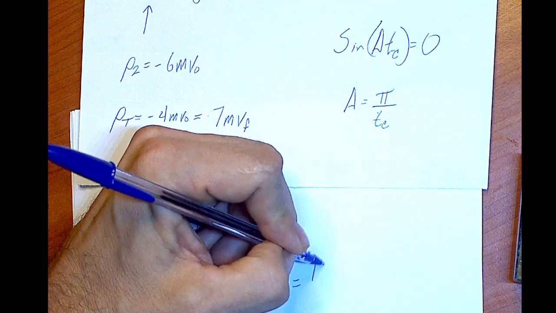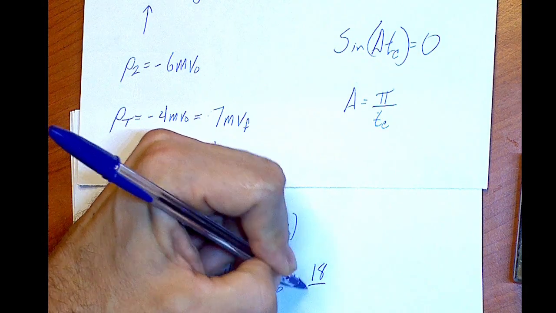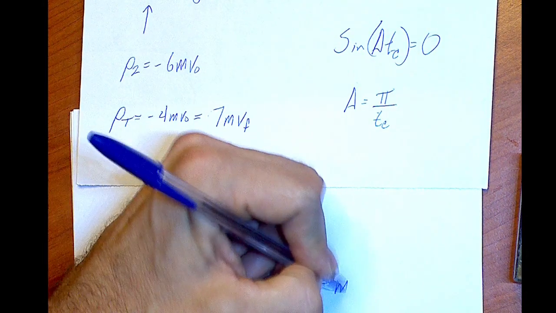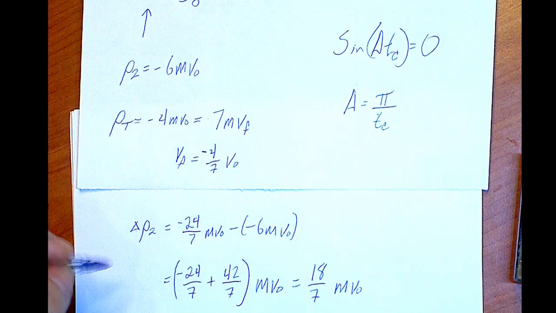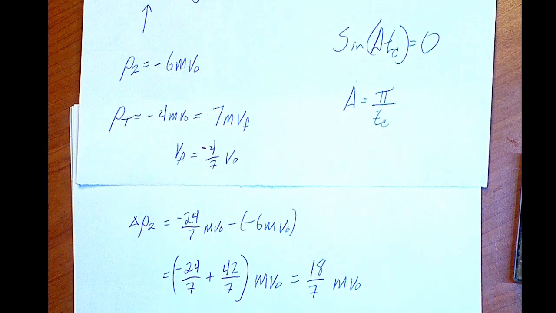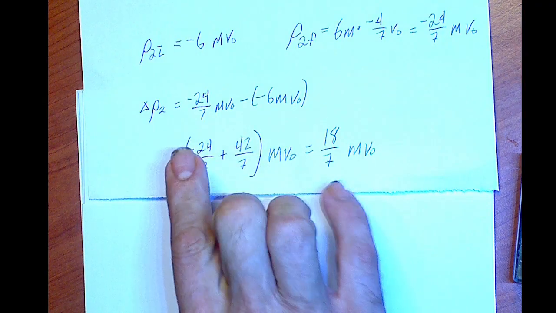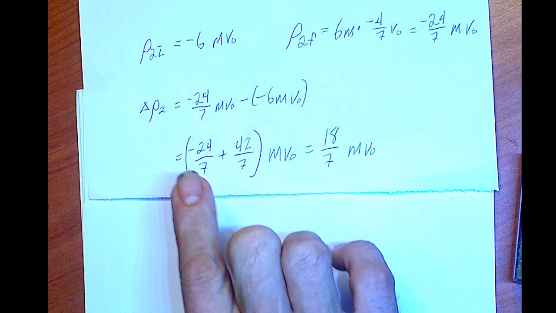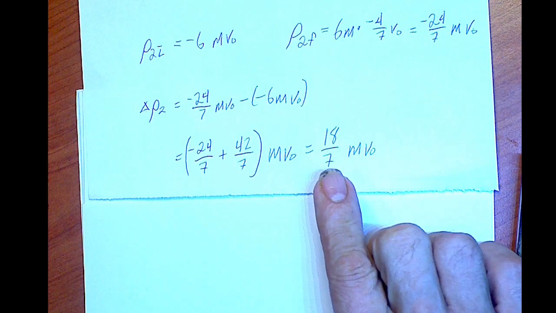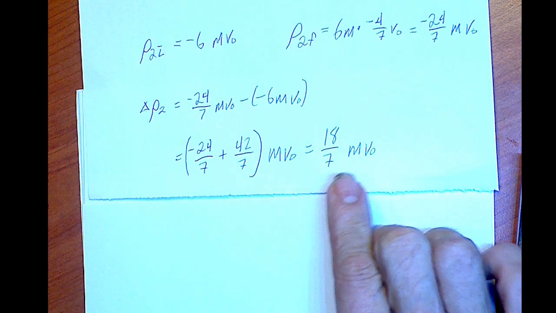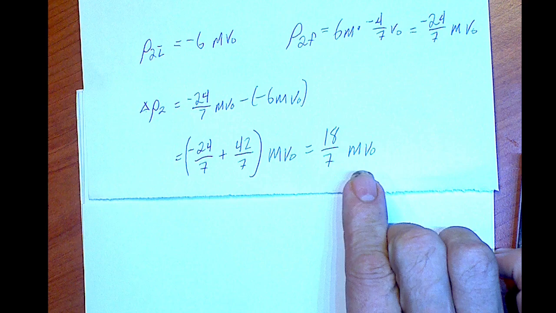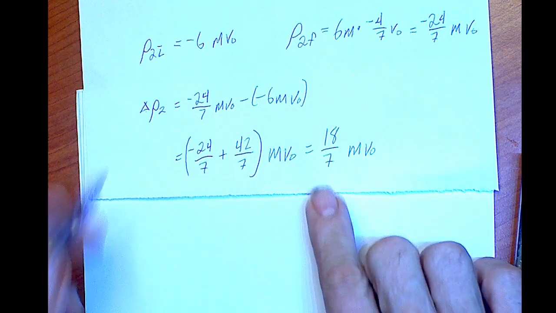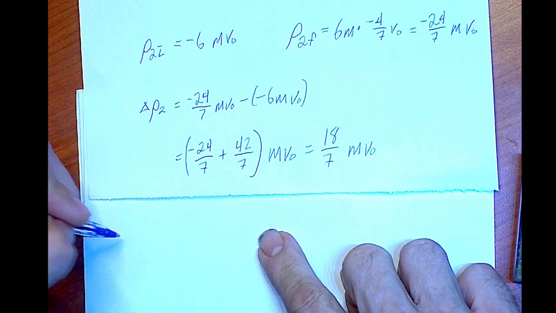Positive 18 over 7 mv naught. And that's our change in momentum for block 2. So the change in momentum is equal to 18/7 mv naught. And this is what we were looking for, the change in momentum of block 2, because the